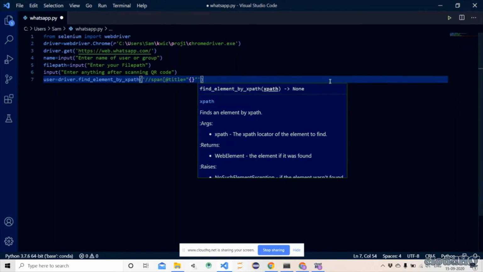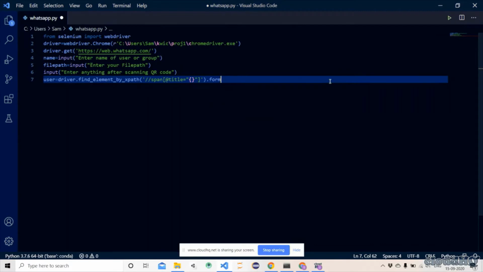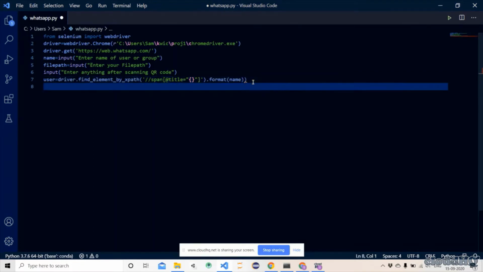In this format, the name which we have taken as input from the user will go here, so that we can get the person you need to send the images to.